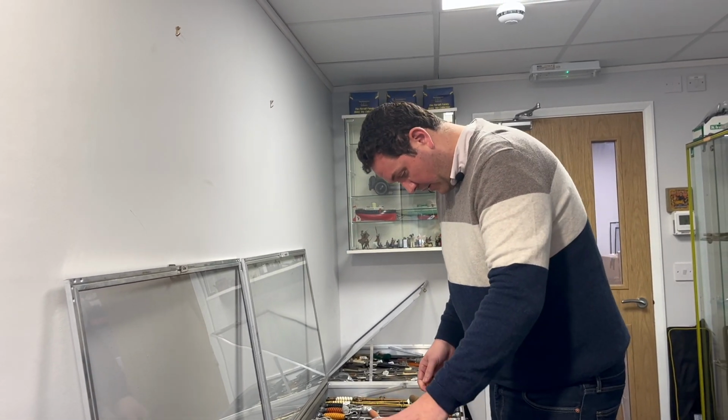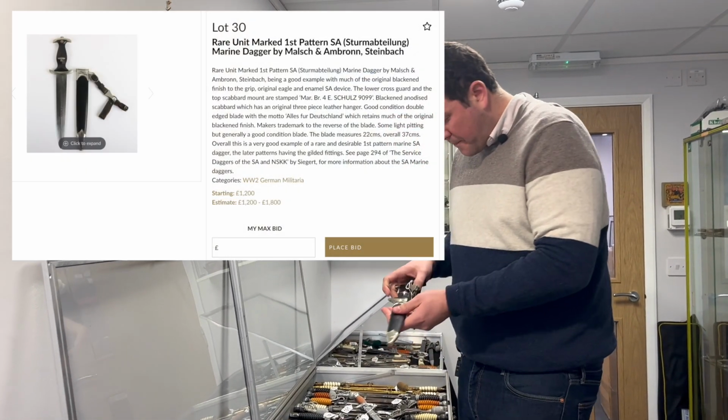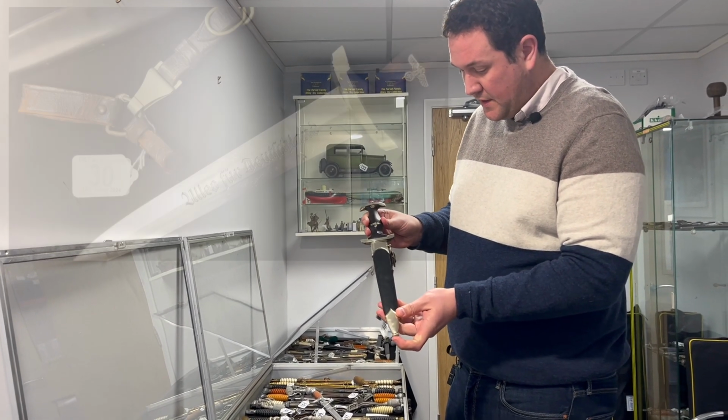And then again, say keep going through and various forms of SA. And then we come to this one, which some collectors would have seen before, but many won't have. This is for the SA